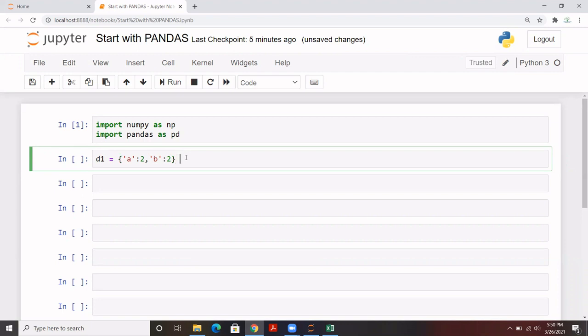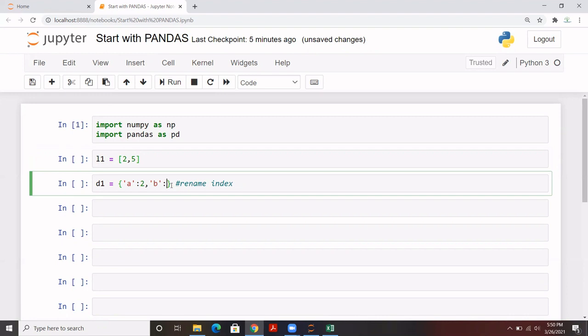In a dictionary, what we used to do was rename the index, right? Let me insert a cell above. Let's say there is a list, and we have, for example, 2 and again 5. There are two records in a list. I gave it a different value, 5 here, just to note, so there is no confusion.